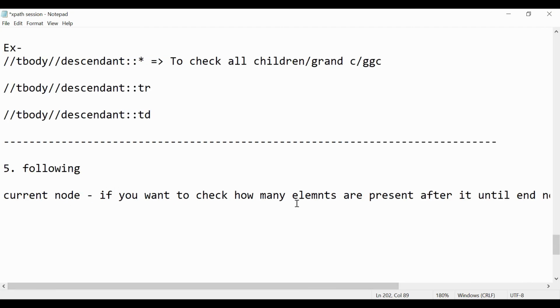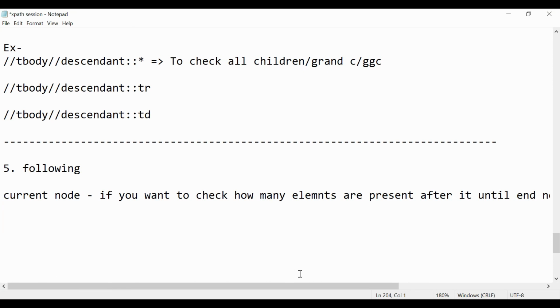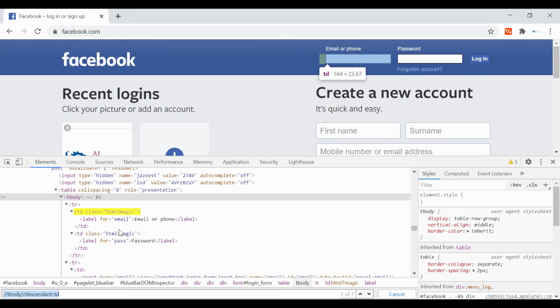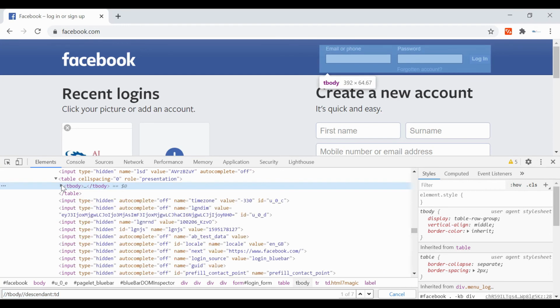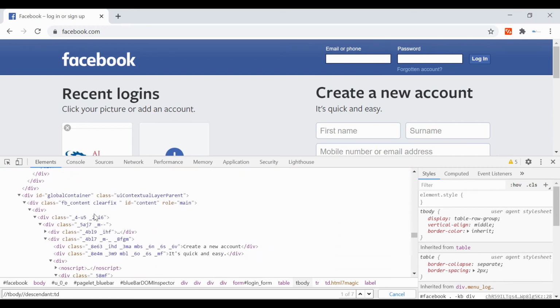Okay, so it's a little bit hard to understand. I will show you practically. Example. Let's say after tbody, you can see after tbody there are so many elements, we don't know how many, right?